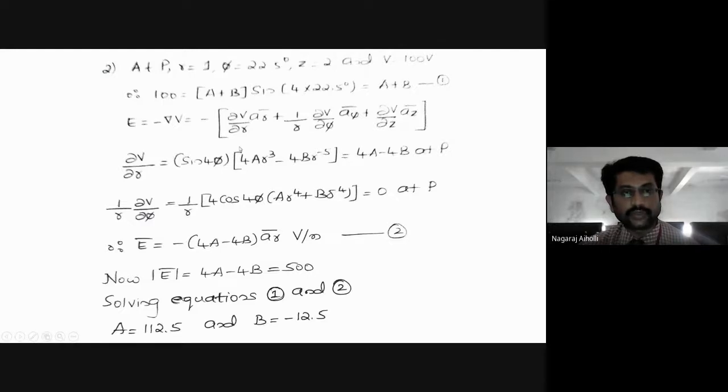Then use the equation E is equal to minus del V. Then substitute these coordinates, whatever is given, in that equation for del V. Therefore, we will get a second equation in terms of E. First equation we got, that is our equation 1. Then after we find E is equal to minus del V, that will be our second equation in terms of r, phi and z. Then if we solve those two equations 1 and 2 simultaneously, we'll get the answer. So just give a try. Tomorrow we will solve it if you are not getting.